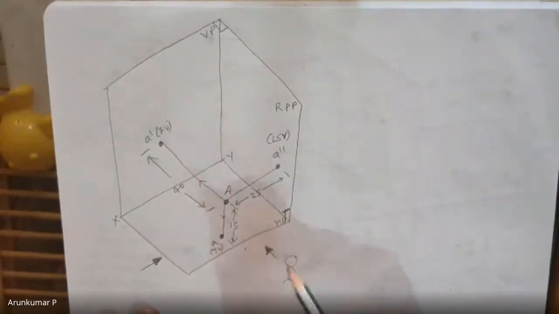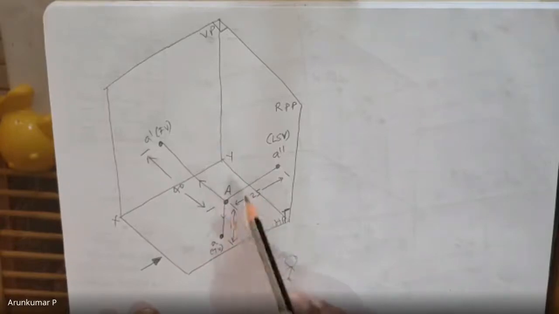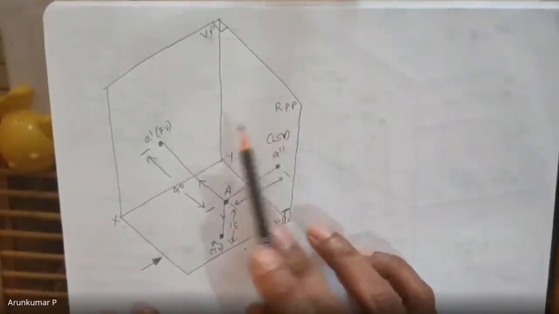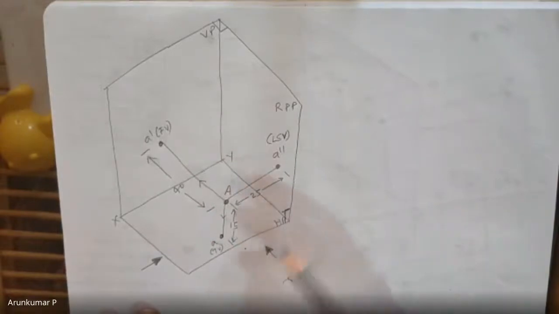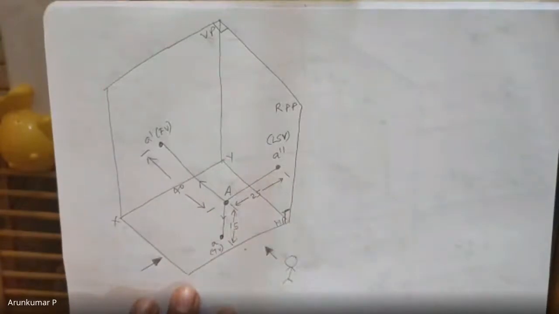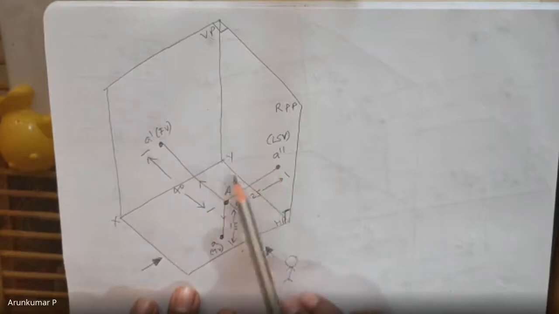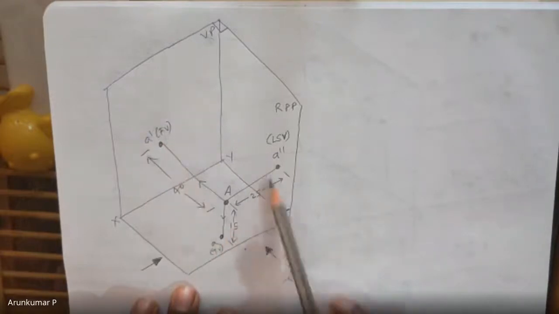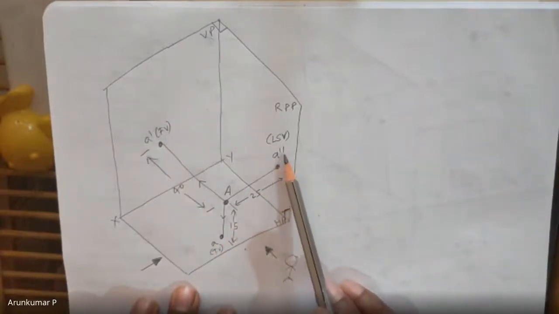Same thing you are going to get for the fourth quadrant also, because first and fourth are one above the other. Okay, first quadrant here and fourth quadrant below. So this condition of getting left side view on the right profile plane exists for the first as well as the fourth also. I'll show you that later. But I hope this point is clear. Okay. So this is how we get the side view, and please observe the side view. Just to differentiate it from the front and the top view, it is denoted as A double dash.